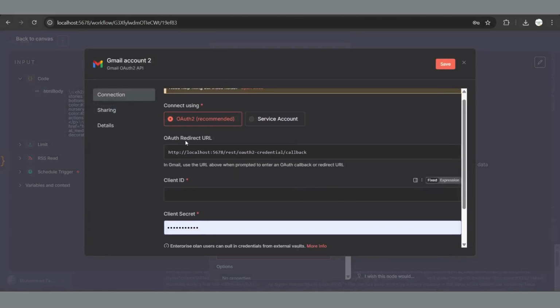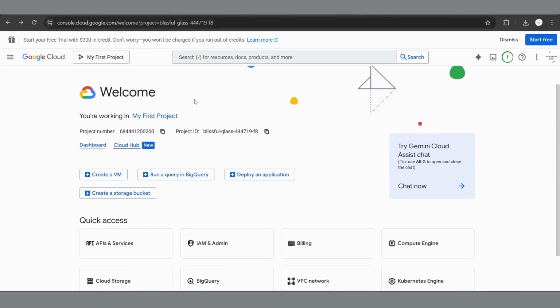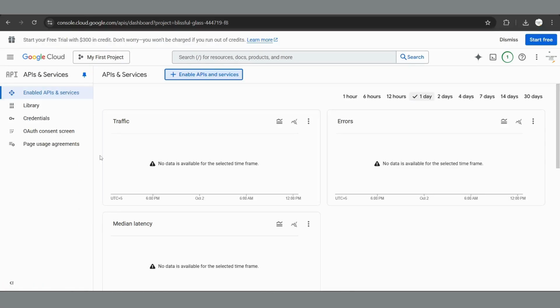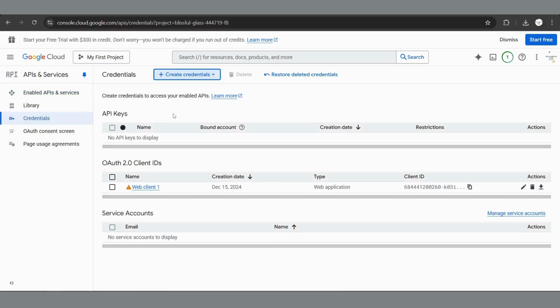And here you can see it provides us the redirect URL and it's asking for the client ID and secret ID. I'll simply copy this redirect URL from here and we have to go to console.cloud.google.com, and here in this dashboard we have to go to the API and services section. I'll simply click on this, and here you can see the option for credentials in the sidebar. I'll simply click on this. Now we have to create credentials.